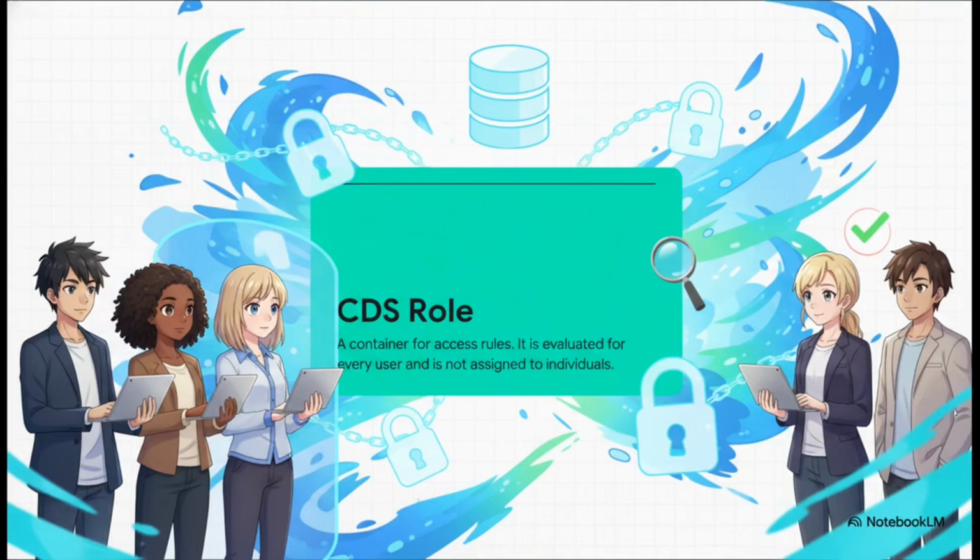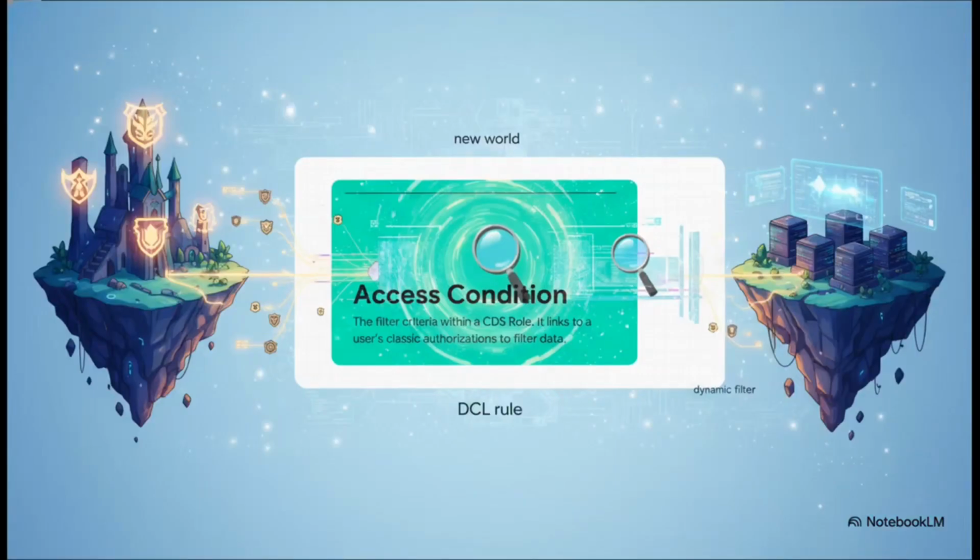It's evaluated for everyone. And the last piece of the puzzle is the access condition. This is really the secret sauce. It's the part that connects this cool new way of doing things with the security model we already have. Inside your DCL rule, the access condition is where you actually check against a user's existing authorization objects, you know, the ones they have from their classic PFCG roles, to build a dynamic, user-specific where clause on the